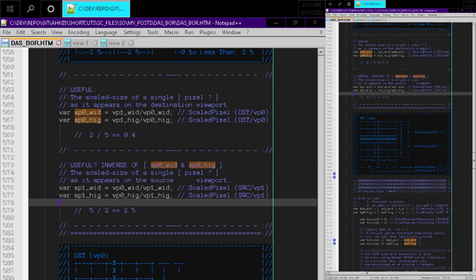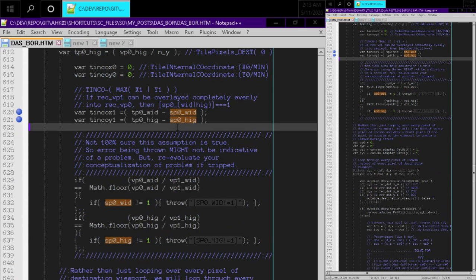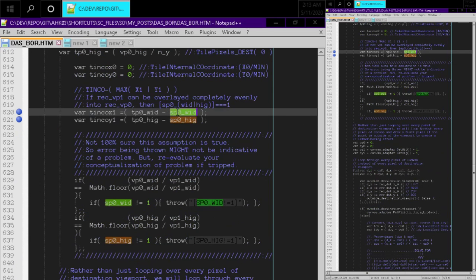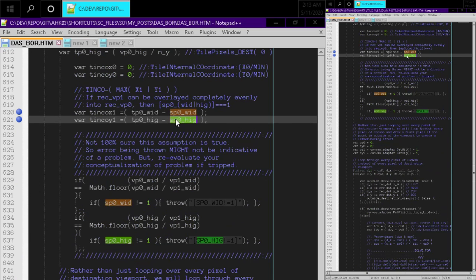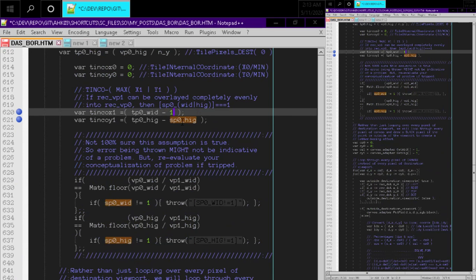So this whole idea here, where I'm like, oh, this isn't minus 1, this is minus some fucking fraction that's like the ratio of the source and destination viewports, complete bullshit, not true, okay? These values here are 1. That is the fact of the matter. Now, the problem where we're getting an error showing up in our code that we have to fix or somehow figure out how we're going to accommodate it